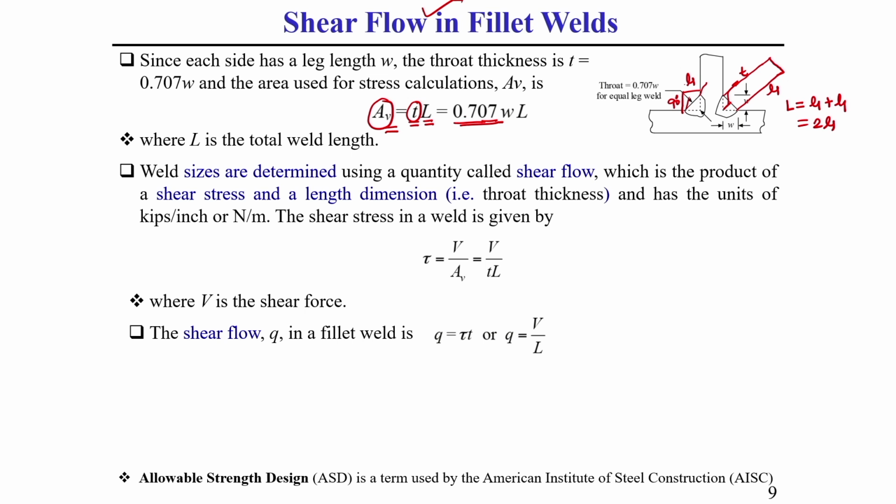this we will consider for the rest of the study. We will consider our two specimens, that means flange and web, which are perpendicular to each other. Okay. That is why we will consider this value, 0.707. So, T you can write as 0.707 into W, where W equals the leg length, this you should keep in mind. So, your throat area will be T into L. In terms of leg length there will be this factor.